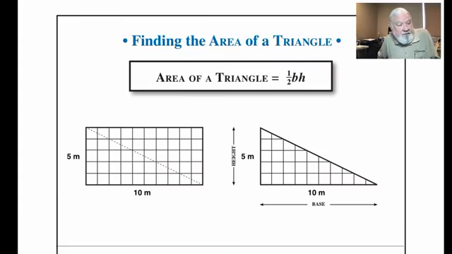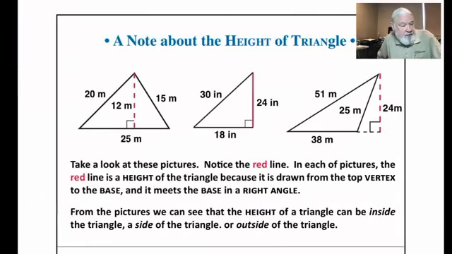Now, one thing I need to make very clear here, a note about the height of a triangle. When we say height, we're not talking about just any old line from the top to the bottom. What we're talking about is a line as shown in all 3 of these pictures here. That red line, the height of a figure, a triangle or a rectangle or any figure, needs to be from the top vertex and straight down to the base where it meets in a right angle. Some folks would say that the height is perpendicular to the base. If we want to use that word, that's great, but what that means is that the height meets the base in a right angle, and that's the line we want to measure. More about that in a future video.